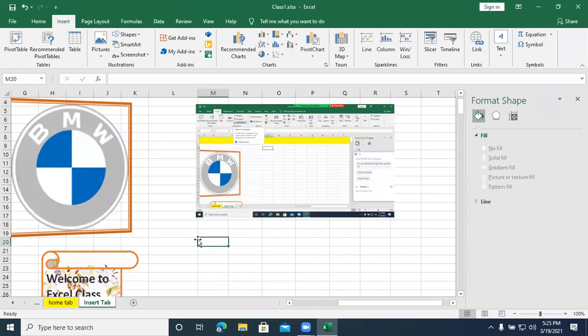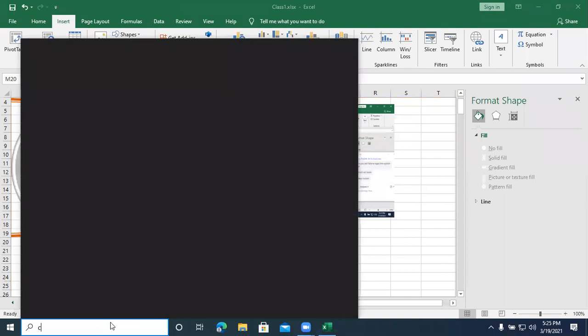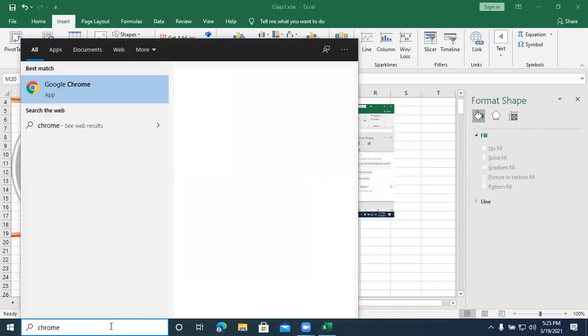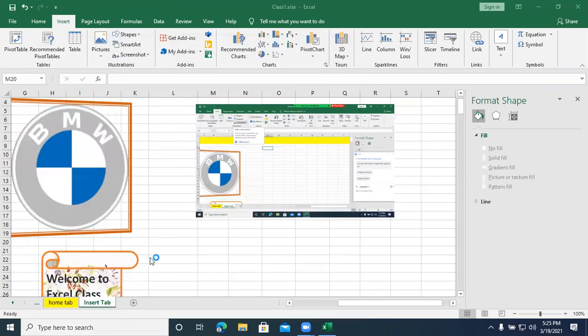How do you take a screenshot from Excel? Excel or Microsoft Office will take a screenshot only of the background windows. So you can open any number of background windows. I just open one background, I open Chrome.